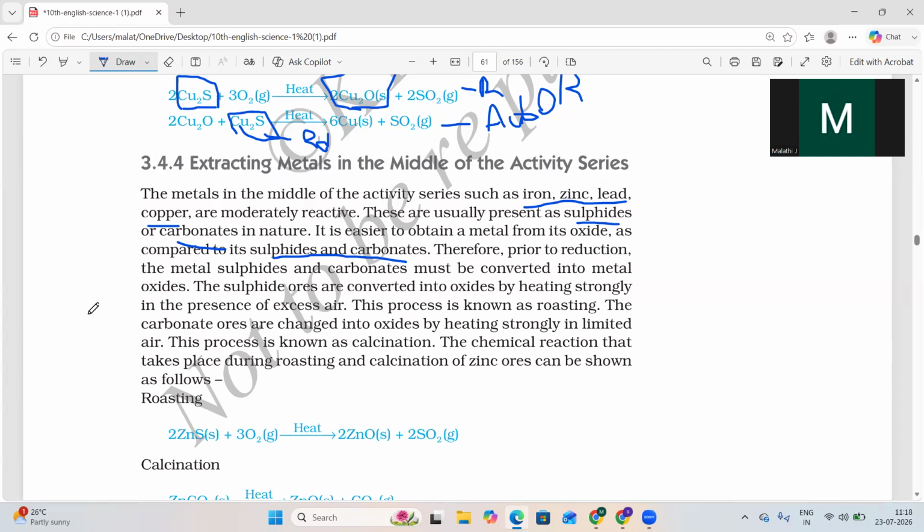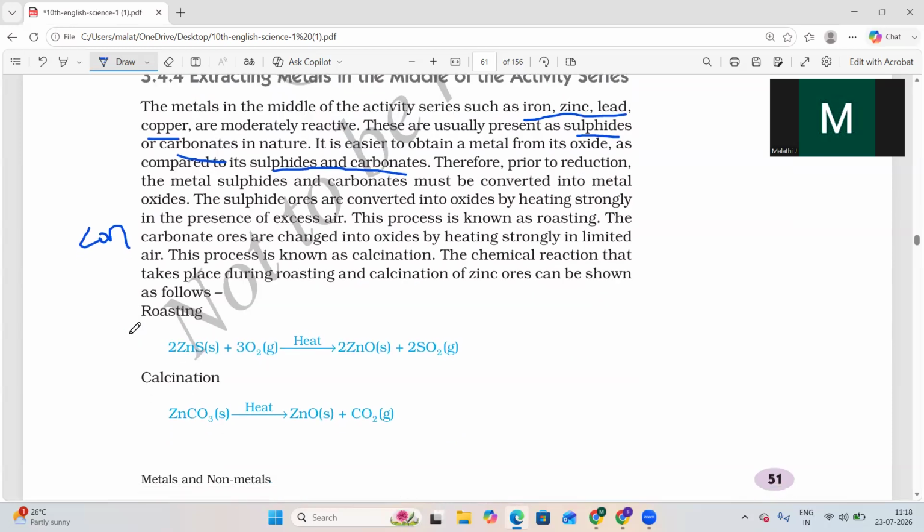First, for the moderately reactive metals, you have to do the concentration of ores. Concentration of ores, again, as we studied above, is the removal of gangue particles. So here zinc will be obtained in the form of sulfide, ZnS, zinc sulfide. It is in the form of a sulfide ore. We have to convert sulfide ore into oxide ore by heating in the presence of oxygen. That is, zinc sulfide, now we will get ZnO. So this ZnO,